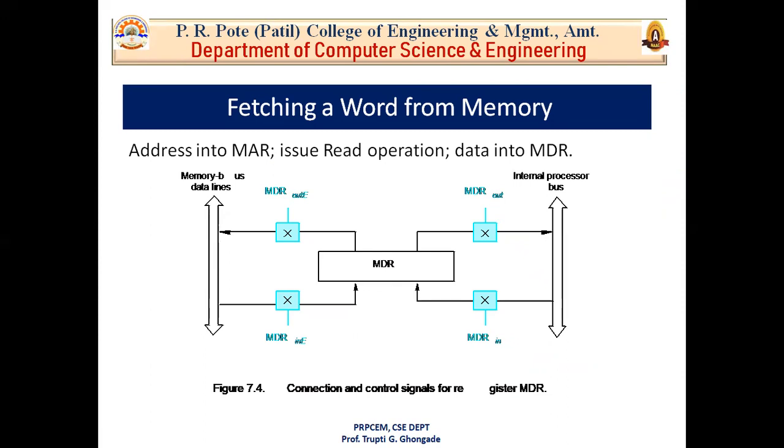During memory read and write operations, the timing of internal processor operations must be coordinated with the response of the addressed device on the memory bus. It depends upon what type of memory device you are going to use. So the reading and writing speed depends upon the storage device. The processor completes one internal data transfer in one clock, and the speed of operation of the addressed device varies with the devices.